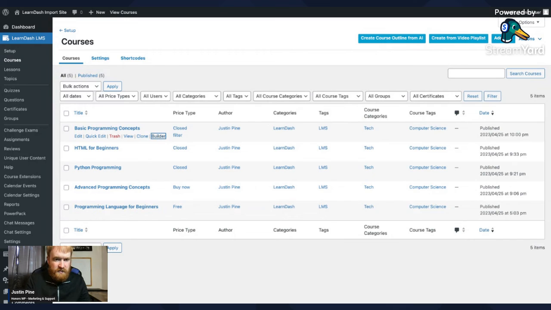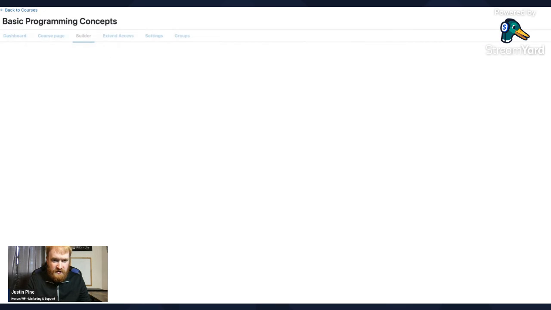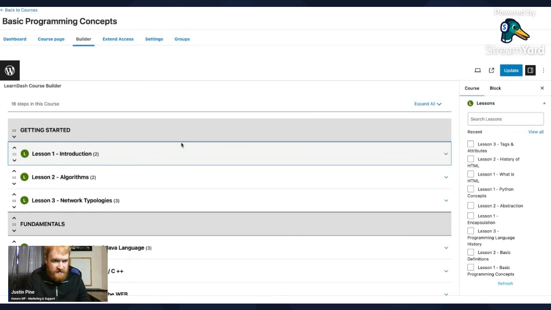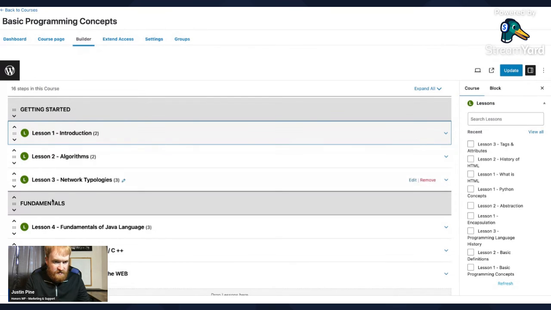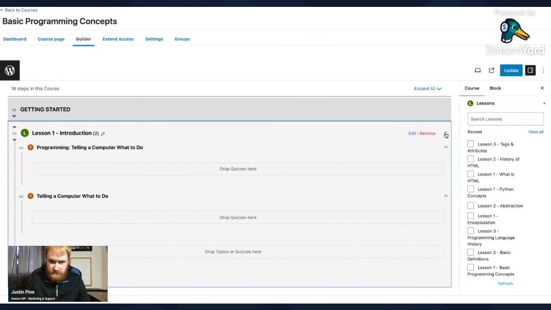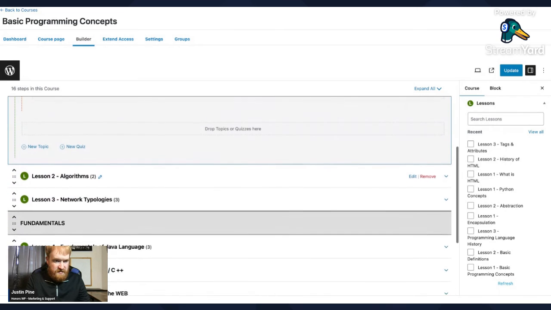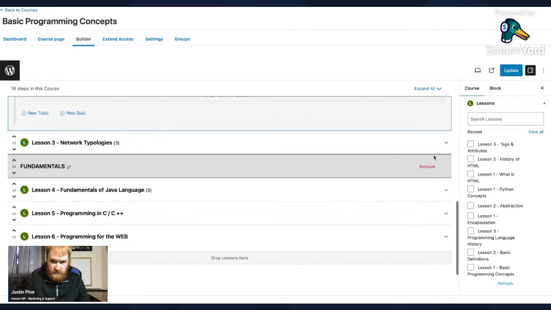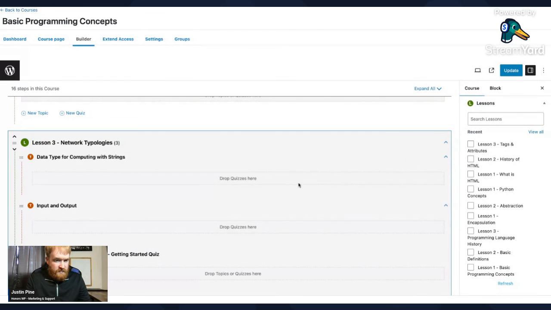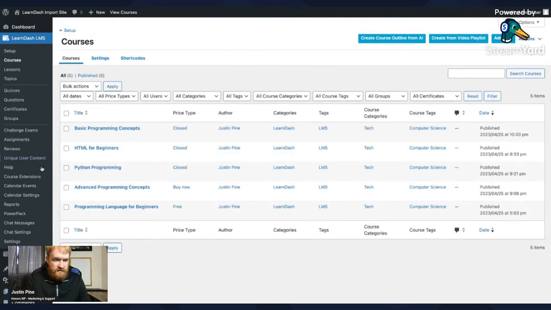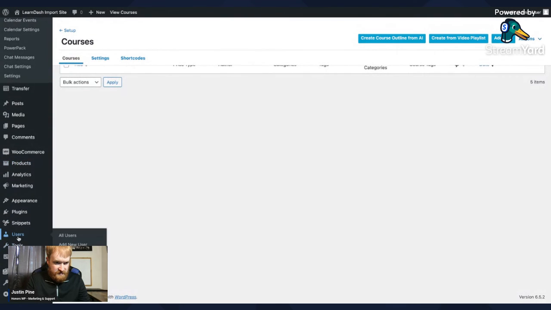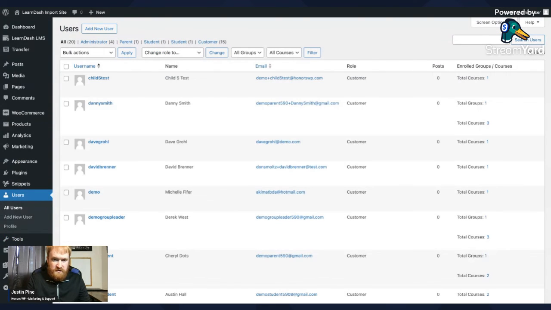Let's click on the course builder just to ensure that the order of everything is also correct. So this is right. The headings are the same. There are 6 lessons here. Topics are in order as well, including any quizzes that are also included in the lesson. So that all looks good. You can leave that. And then I will click on our users to be sure that our users are imported correctly. As you can see here,